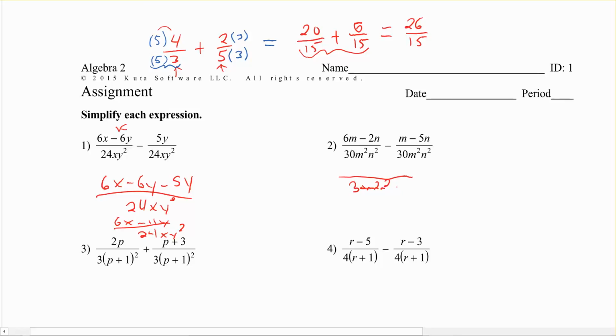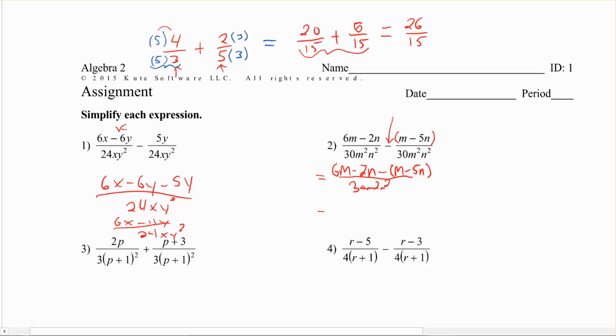And then the top though is going to be 6m minus 2n, and then minus, but then what we have to make sure we do is put this in brackets, m minus 5n. That has to be in brackets because we're subtracting that whole term. If you didn't put the brackets there, then you'd end up getting the wrong answer, because when I rewrite this